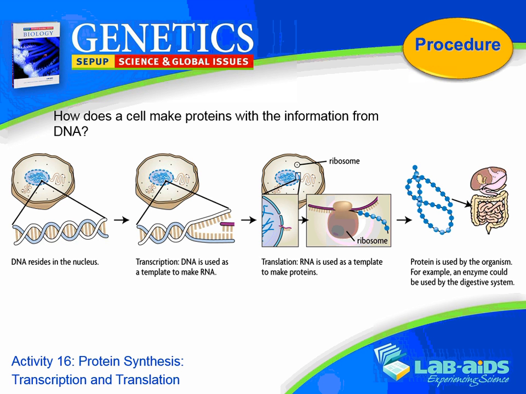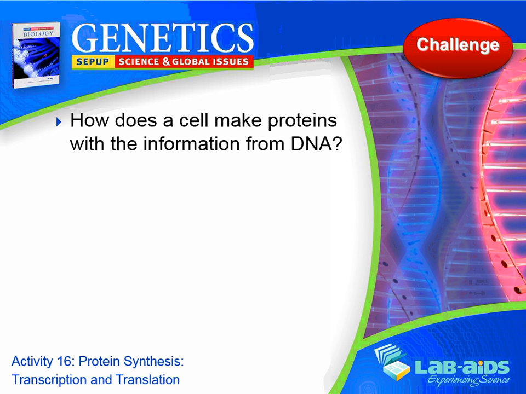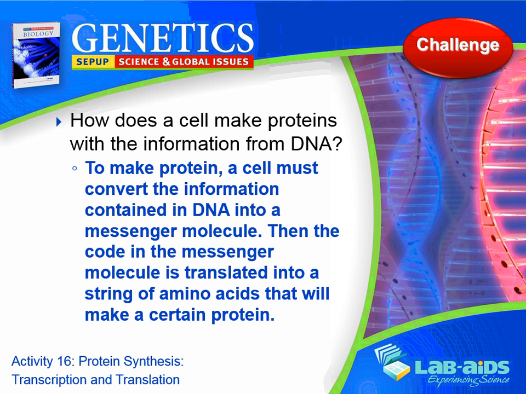Those bases code for an amino acid. That amino acid string codes for a protein, which is the final objective of the system. All right. So, how does a cell make protein with the information? Basically, what we said, to make protein, a cell must convert the information contained in DNA into a messenger molecule, which is what? mRNA. Then the code messenger molecule is translated by tRNA into a string of amino acids, which